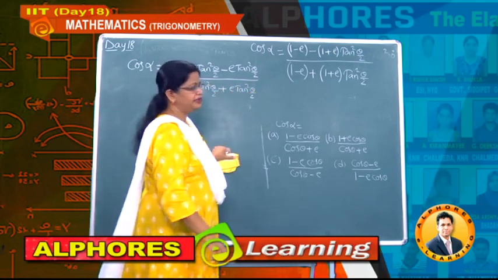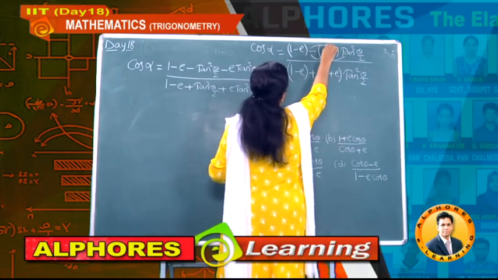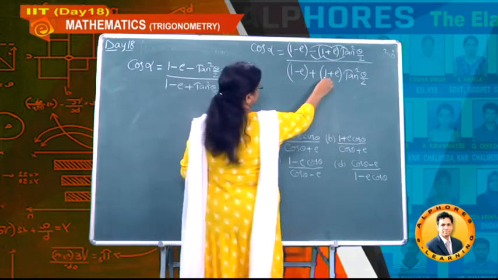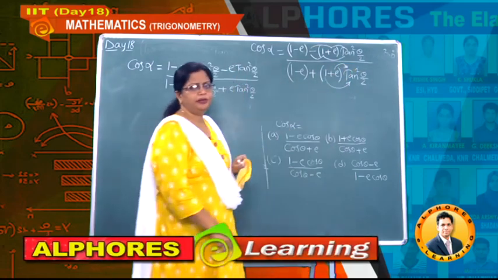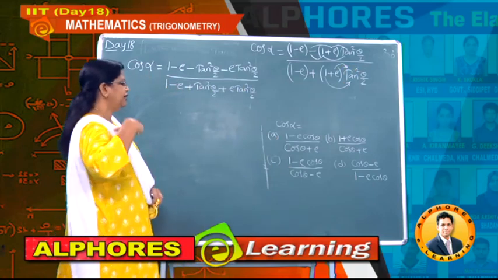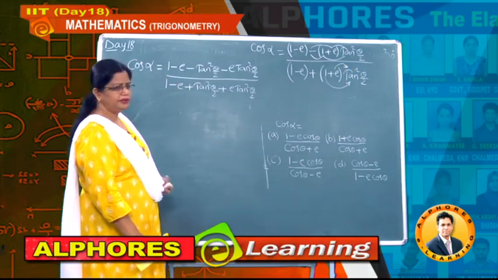So what we did here, students, I multiplied along with this minus this value, along with this minus e value, and here also the same, 1 into this value and later e into this value. So we did just ordinary multiplication. Now again you should observe the options here, so accordingly you have to change.